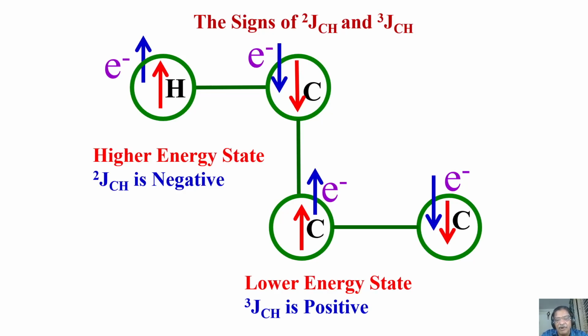For example, when these two are anti-parallel, it is lower energy state. This and this are anti-parallel. Okay, and this, for example, this and this anti-parallel, lower energy state. This and this are parallel. It is higher energy state. Like this, we can start understanding about the sign of the coupling. I'll stop here. Next class, I will discuss how the sign of the coupling affects the spectrum. Okay, and then we start getting more information about other multiplicity patterns and analysis of the spectrum.